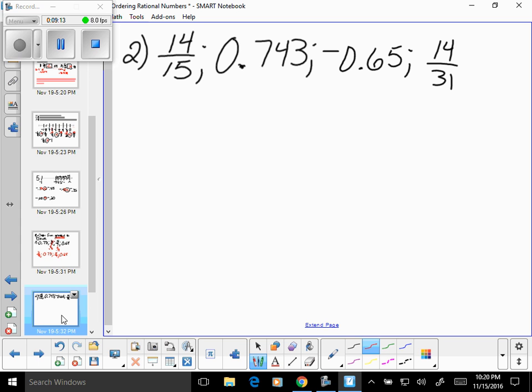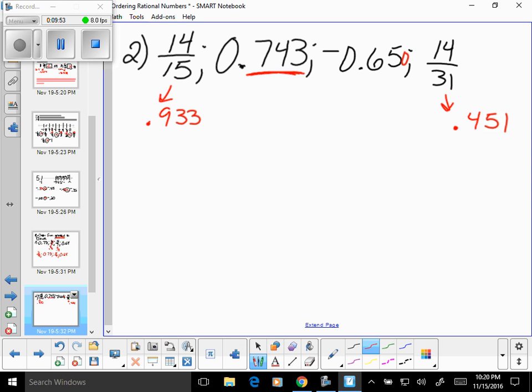The first thing that you should notice right away is there's one negative number up here, and if there is one negative number, that's the smallest one. So that helps. I'm going to take that calculator and get 14/15 to equal 0.93. Notice that this one over here has 3 place values, so I'm going to take this out to 3 place values. And I will take 14 divided by 31, and I'll only take the first 3 place values. Now, if you want to, you can add a 0 here, but you already know it's the smallest one because it's the only